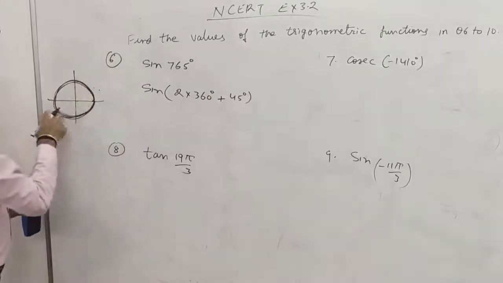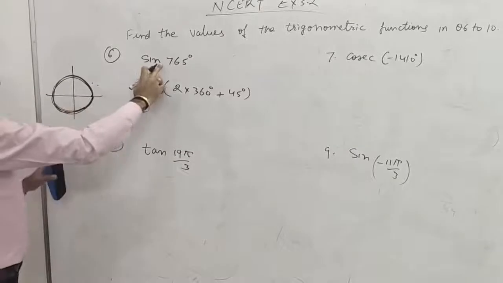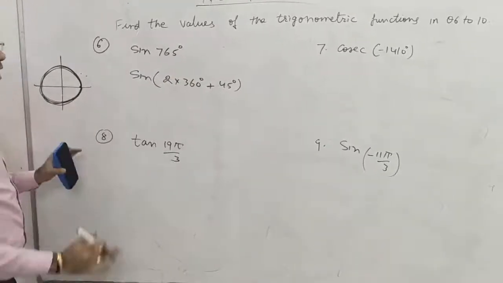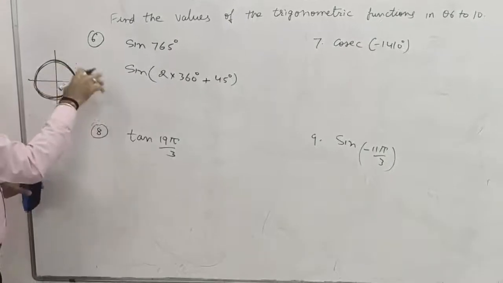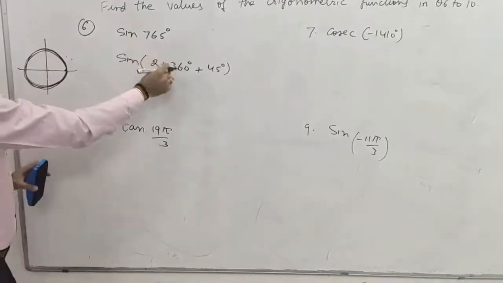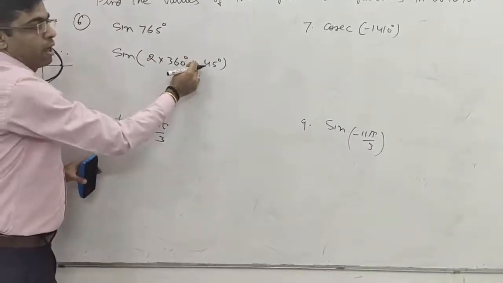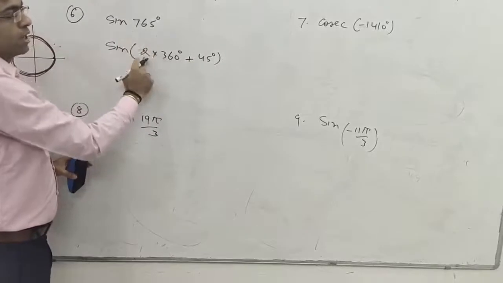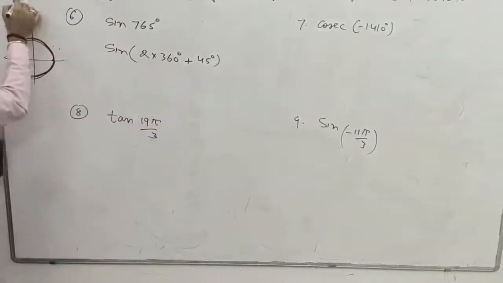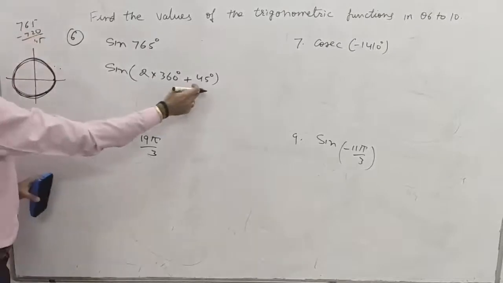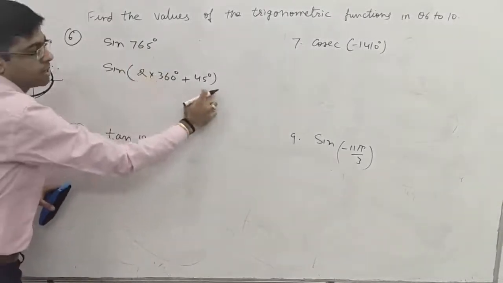We have to basically handle the angles which are greater than 360 degree. In that case we have to check the multiples of 360 degree. उसके multiples भी check करना होता है और उसके according here we can adjust plus minus. Suppose 360 into 2 is 720 degree. So 765 minus 720 means 45 degrees still left. So we can write 765 as this.